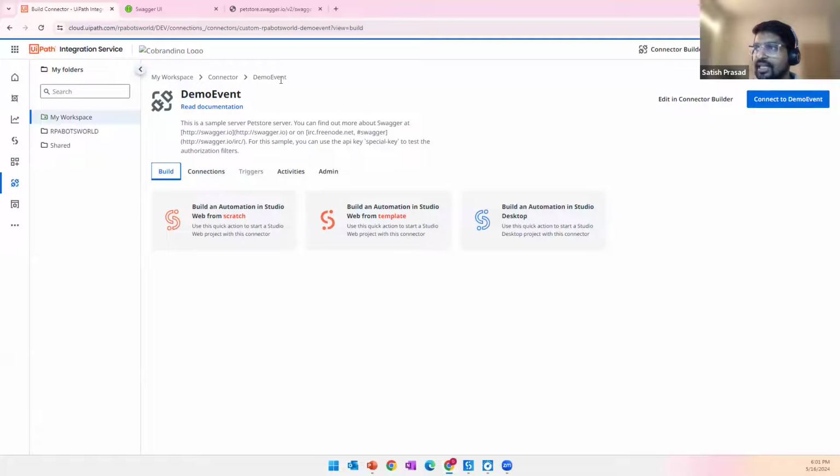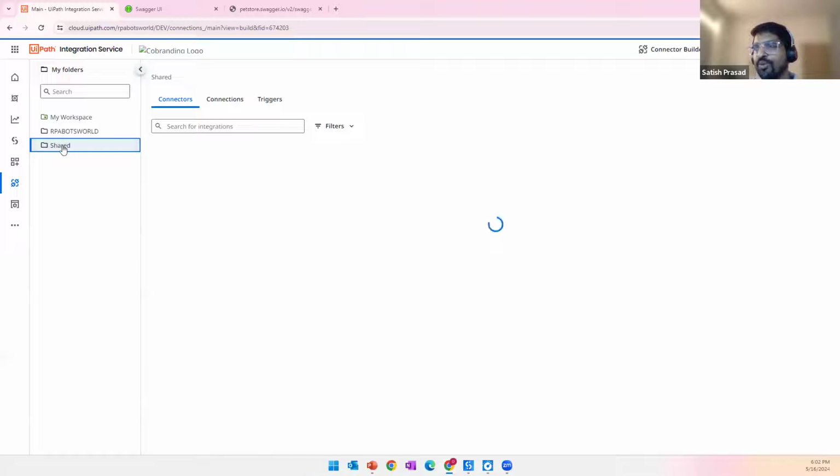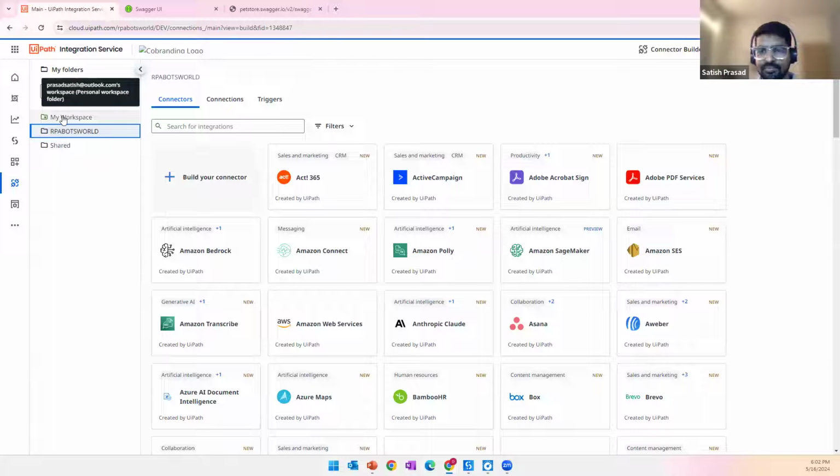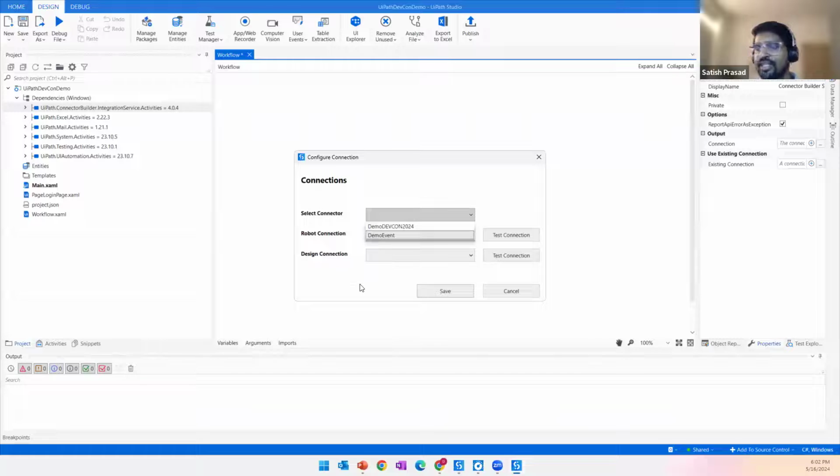By default, the connectors will come inside your workspace. Or if you want that to be shared, you should also be able to publish that into a different folder as well. But for the sake of simplicity, if you have access to the connectors and you are part of that folder, you should be able to see all those connectors listed. So this is the connector that I created today in front of you a couple of minutes back. I selected that connector. The next thing that we need to do is